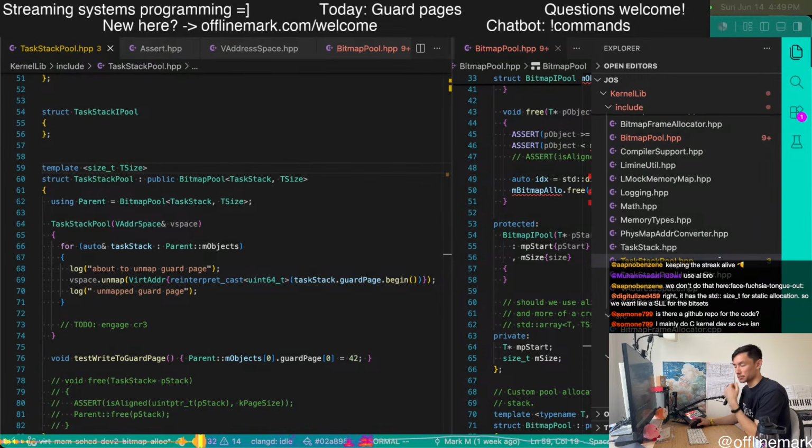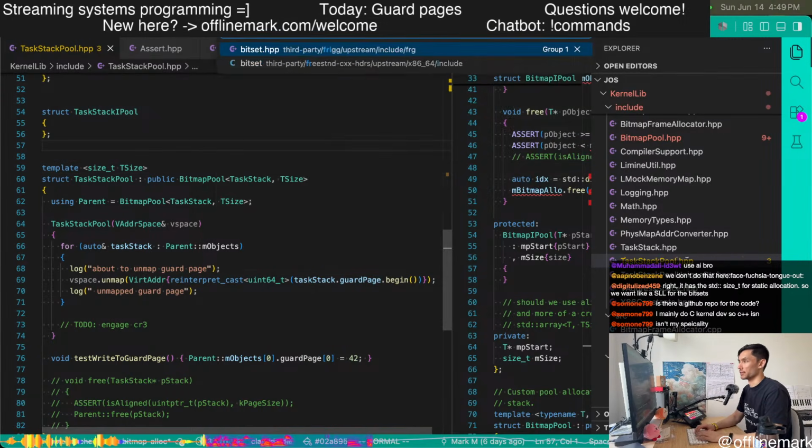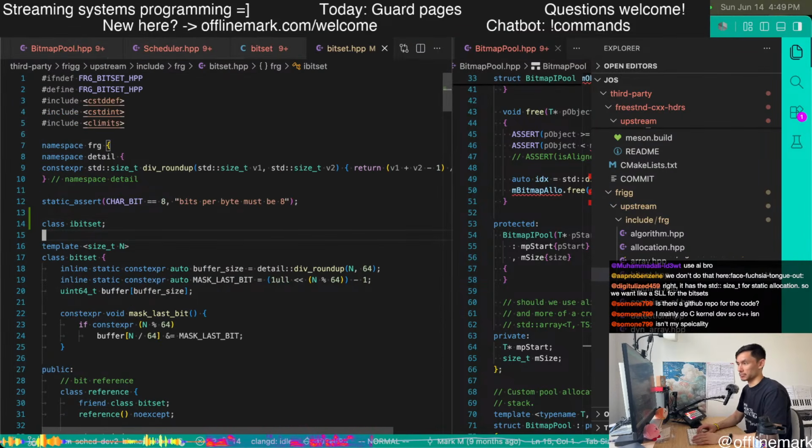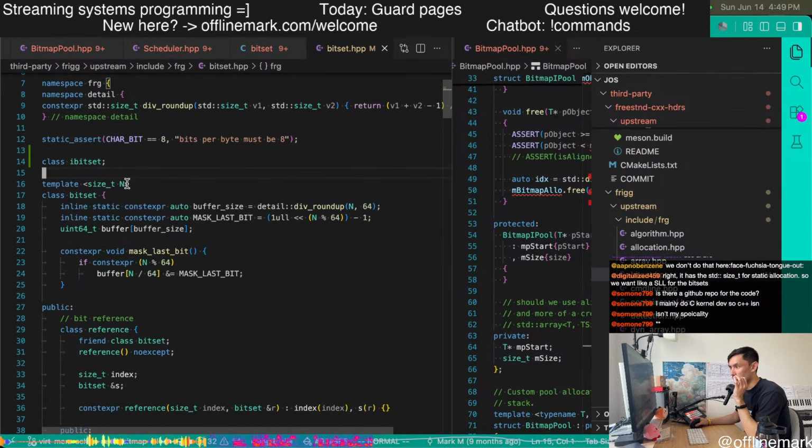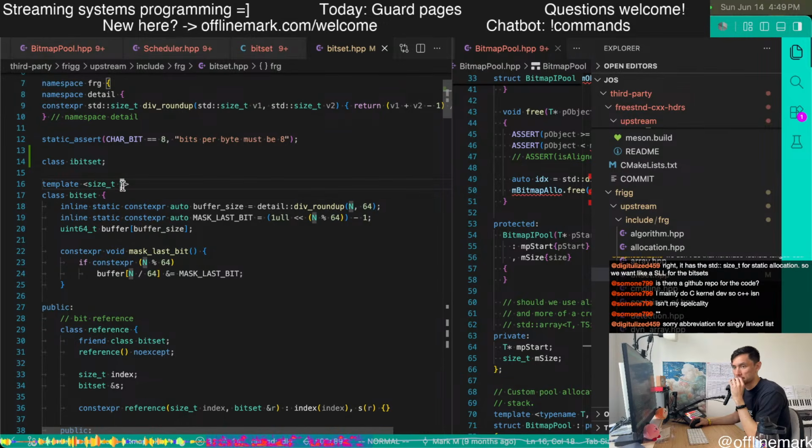But mainly, the key point is we do not want this template parameter with the size_t. Okay, singly linked list.